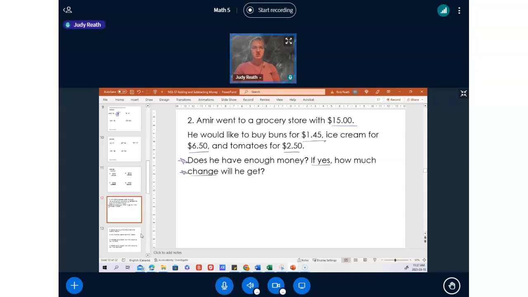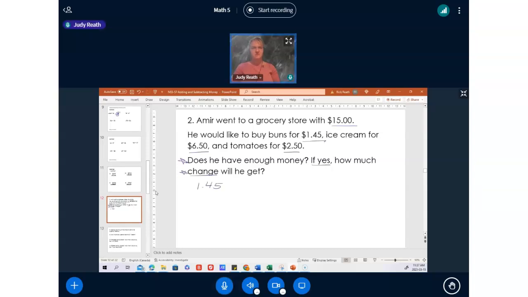So we know that change is the amount of money that you get back when you buy something, right? And the way it's calculated is they take the money that you give to them and subtract everything that you have bought and then give you back the money that's left over. So really when they ask how much change will he get, they're asking how much money is left over at the end. Well, first we need to know how much money he's going to spend, right? That's our first step. So first step is to add up